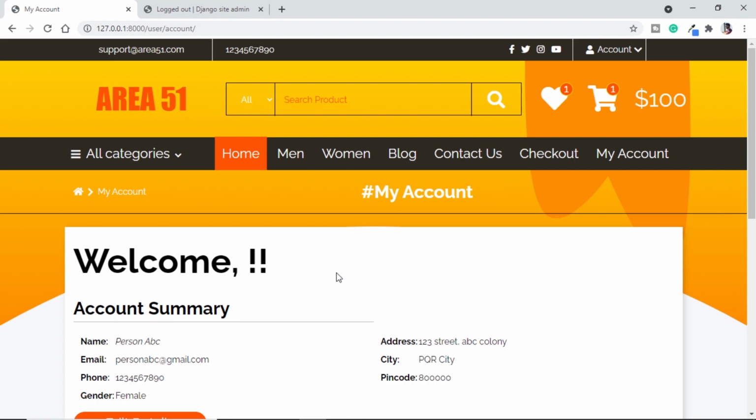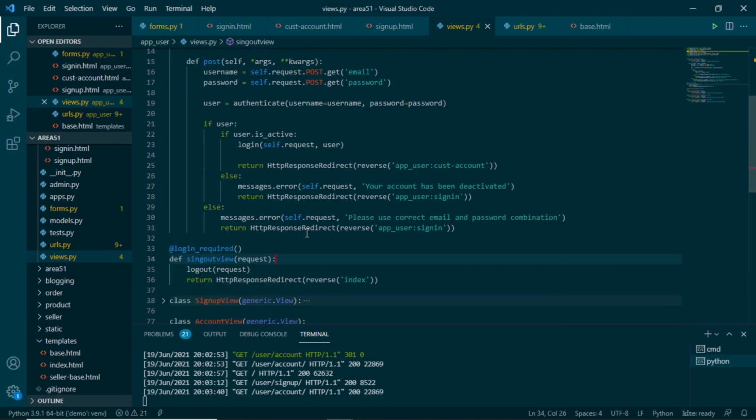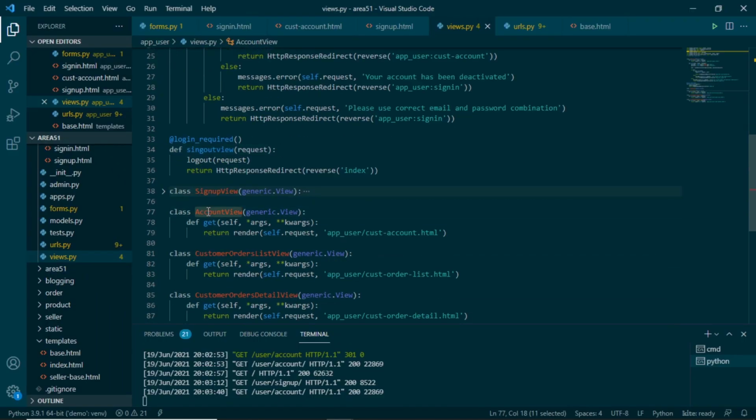For this, let's go to views.py. Here we want to see account view, and we are going to use the same login required, but this is a view and this is a function, so we can't use this decorator exactly. But Django provides another mixin, which is login required mixin, which we can pass here. So let's import that.